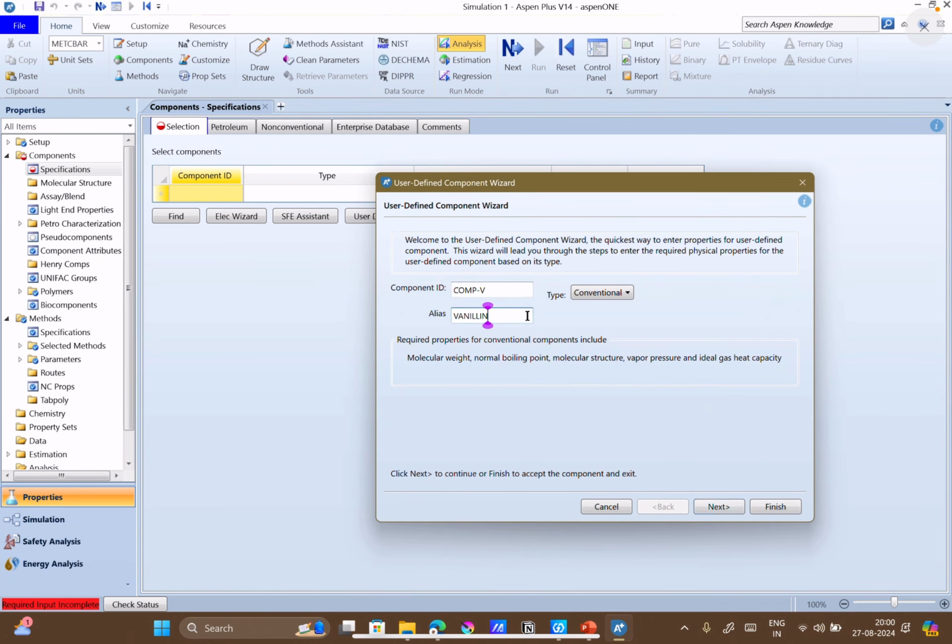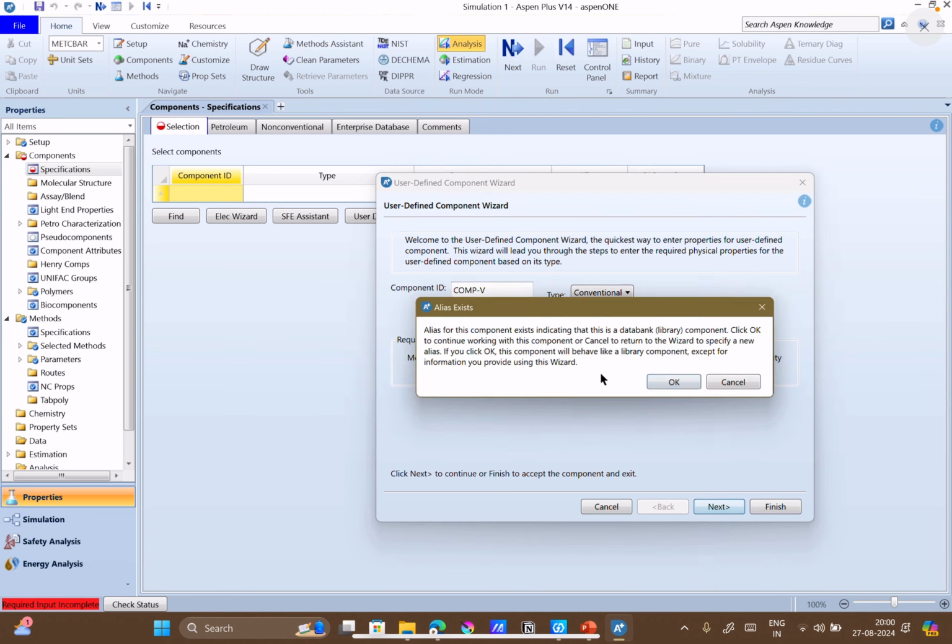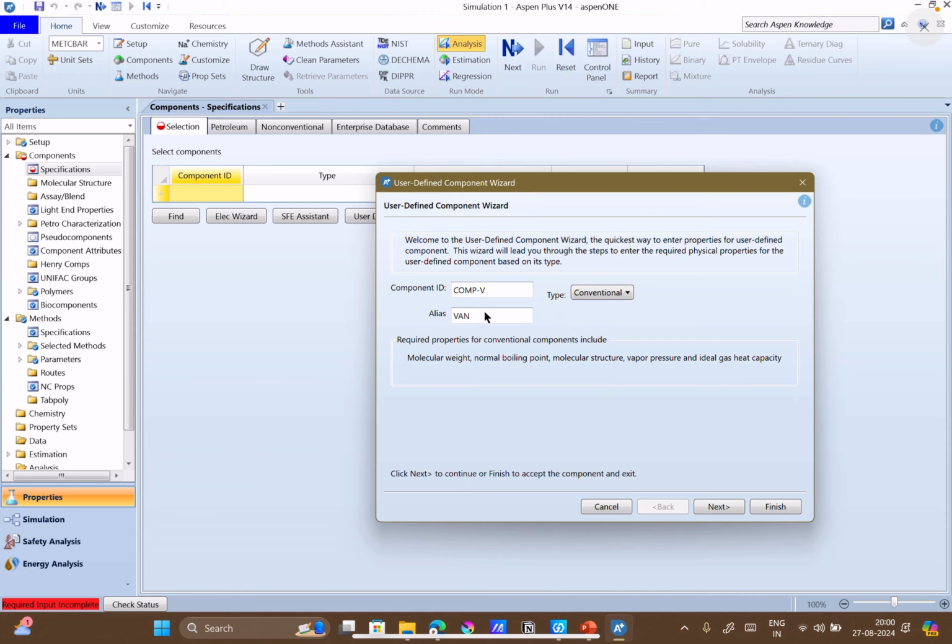Okay, sorry, the alias is already there, so let me just change it and do next, because this compound is already present, but we just want to try it out. What happened?